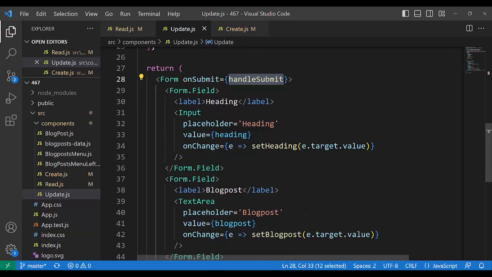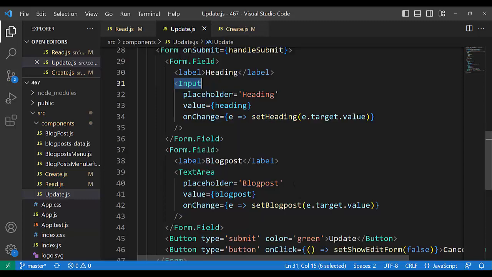and the input value is heading. On change equals an arrow function with event. What event? On change. It is the event when we click outside of the form. When we click outside, it calls the function set heading, and this value is what we write in the input. We are inside the input, and the value we write in the input will be the new value of set heading, a new value of the input,